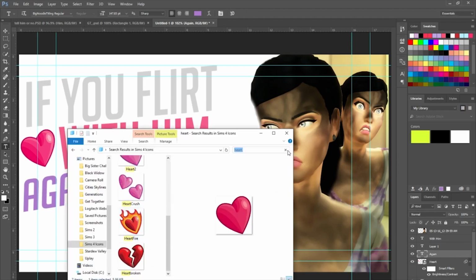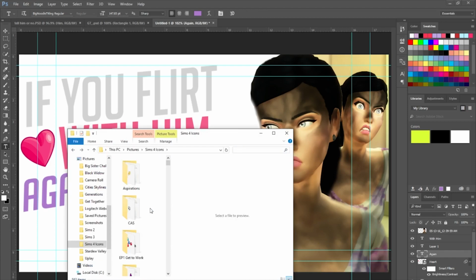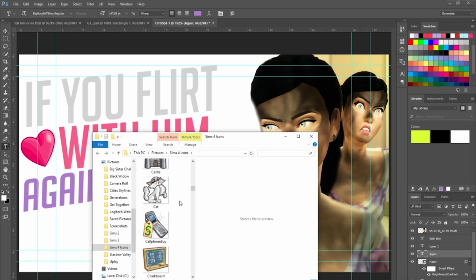Okay, and then let's go and get into the photo icons folder. And if you guys want to know where I got these from, I will link it down below so you guys can check it out and download it for yourselves and place it into your own thumbnails to make it a little bit interesting. So let's see. What we're going to look for is for "if you flirt with him again", we already got a heart. And then what we're going to look for,